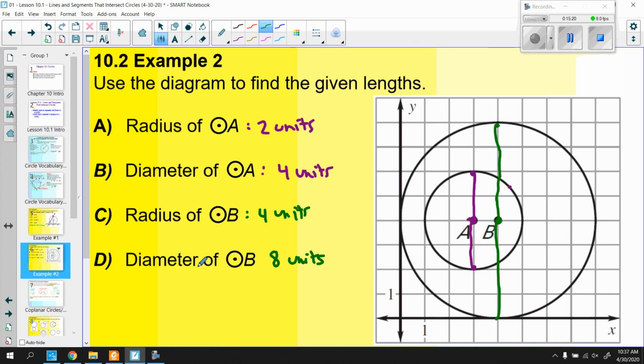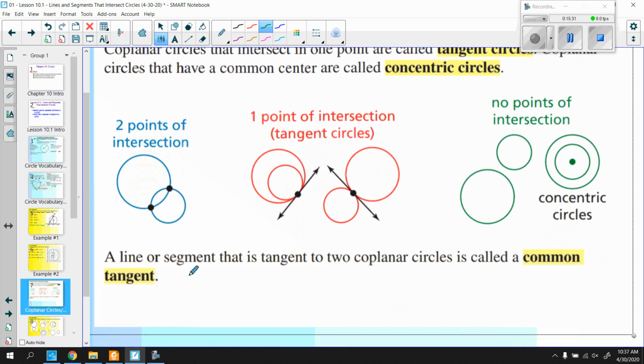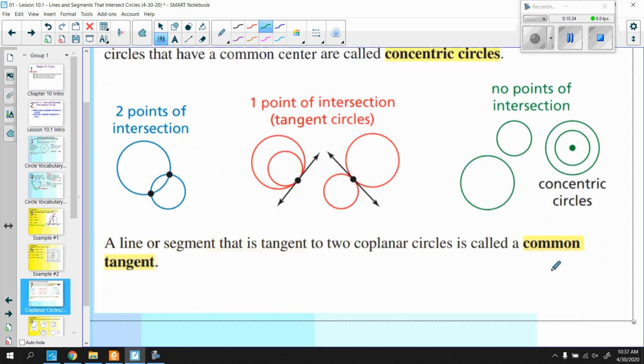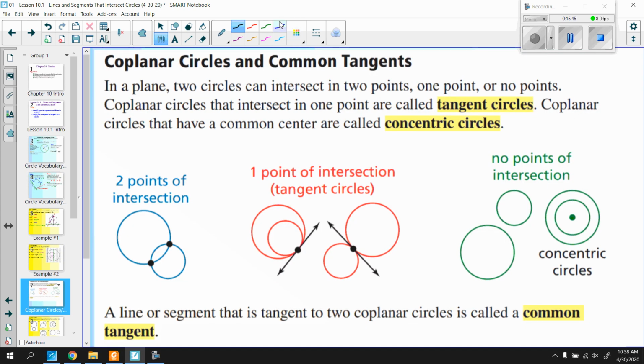So there's a lot of vocab flying around here. That's why I said pause it, maybe add some of that to your notes. The word that comes up on the homework and that we have to know as well is common tangent. It still goes back to what a tangent is: a line, ray, or segment that intersects the circle in exactly one spot. A common tangent is, and we have some drawn here, a line, ray, or segment that you could draw that's actually tangent